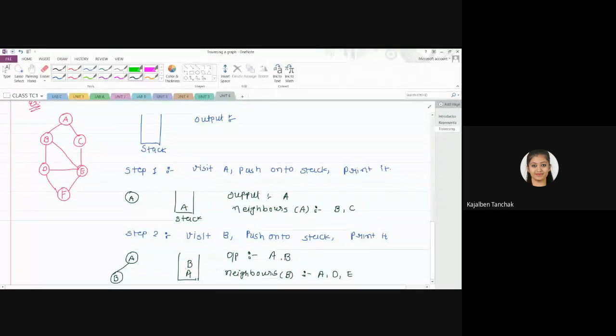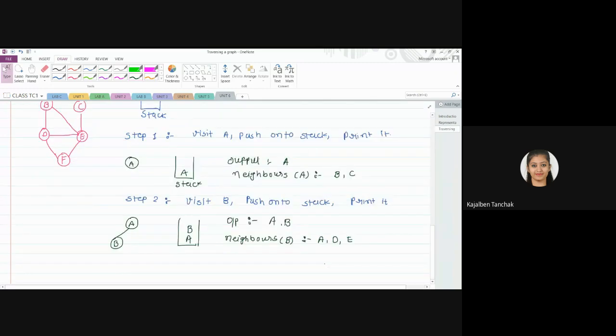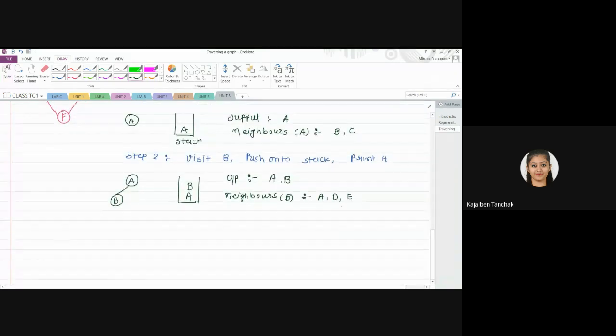Now we see A is already printed, or A is already in the stack. So we know that there is no need to write down A again, no need to visit A again. But when you do the program, at that time I'll explain how you can do it. In the example, we are not maintaining any Boolean array. Generally, we simply understand that we have already included it, right? But at the time of programming, we will do all the things. So now we are having two choices. Either we can visit D or we can visit E. So let us visit D first.